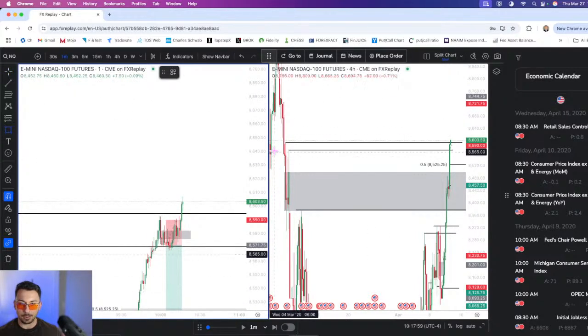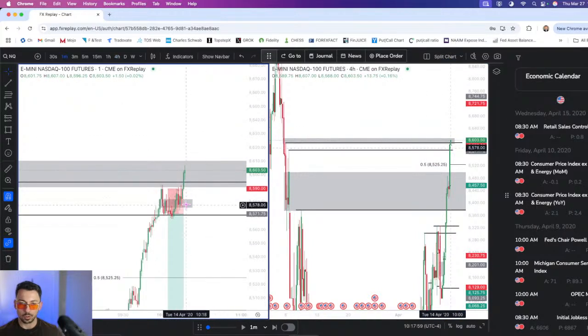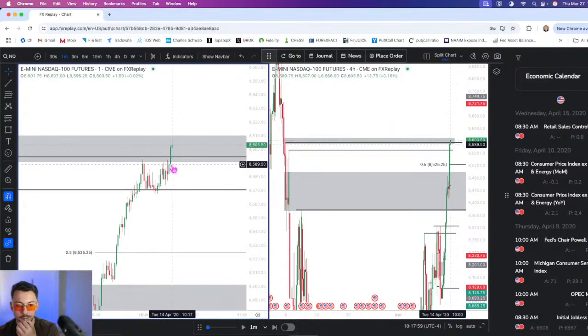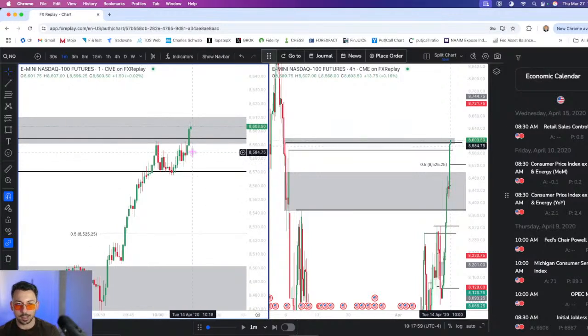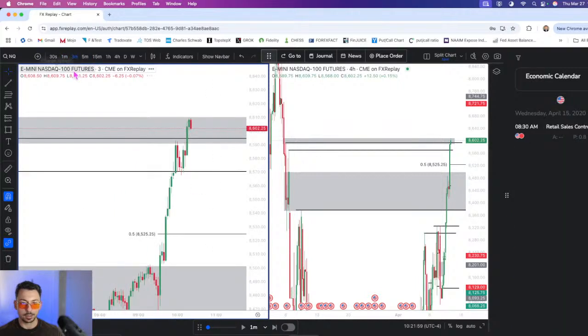And now we're in this hourly bearish gap. So let's see what happens here. Still think there's a potential here for a good short on the day. It's 10:17, so it's coming close to the end of my trading time. But this 3 minute looks pretty decent. Okay, what do we think about this, guys?